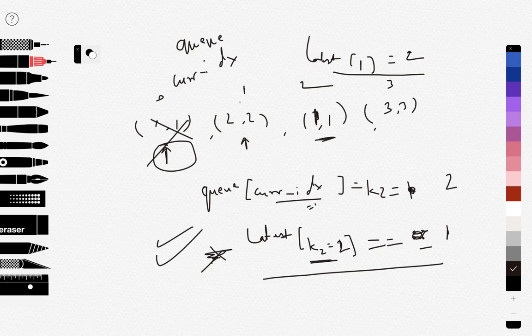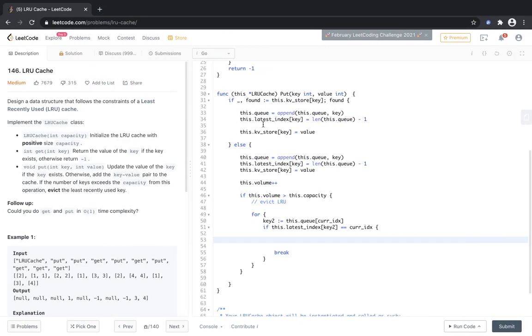The latest index for this key 2 is 1 and the current index is also 1. So this is the value we are looking for, and whenever we encounter such a value we break. But before breaking we also increment the current index, because obviously we move forward.